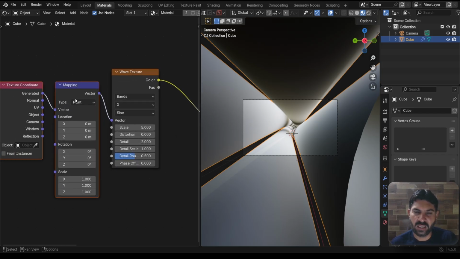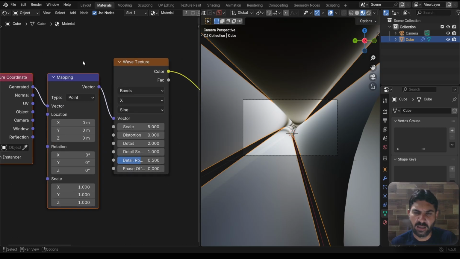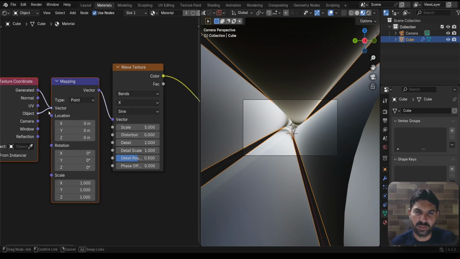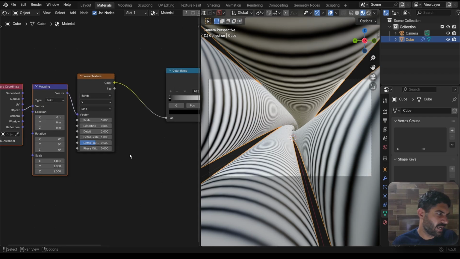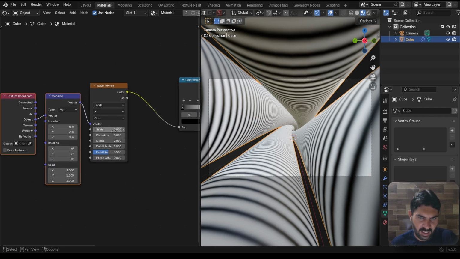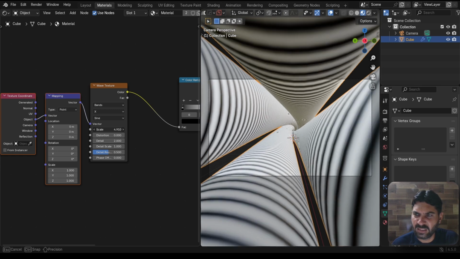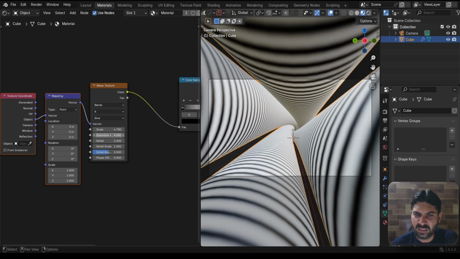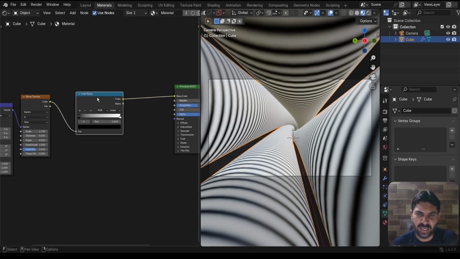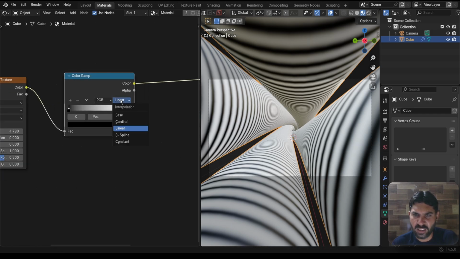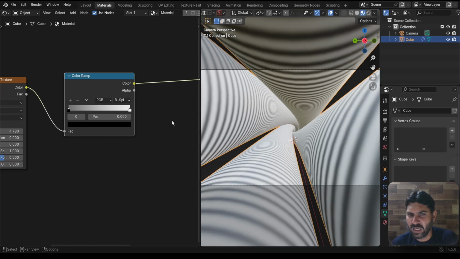And this shortcut will work if you enable the Node Wrangler add-on in Blender. And here I connect this object. Now we have the wave texture on all of these 4 tubes. Now we have this, and here I want to make some changes in the wave texture. Here I decrease this number, something like this, and also the detail to 0. Now we have this kind of pattern, and here I make this color ramp to the B-spline and move